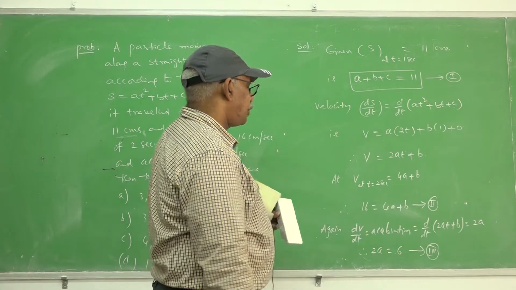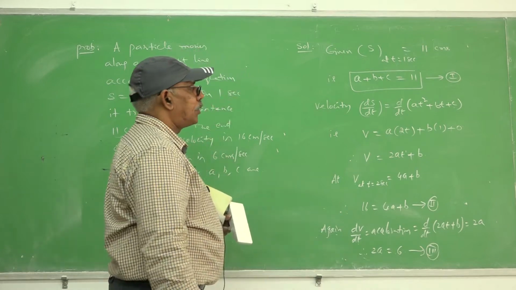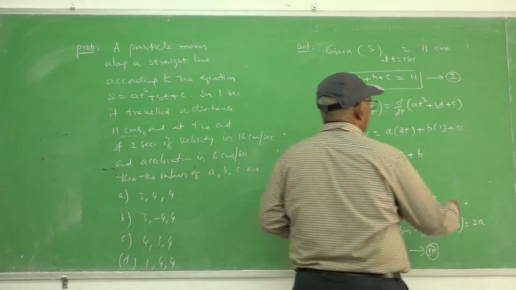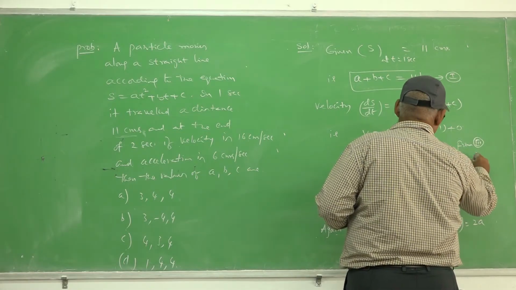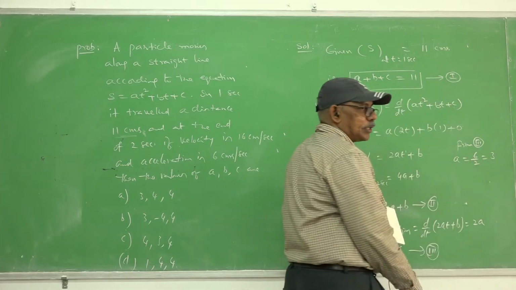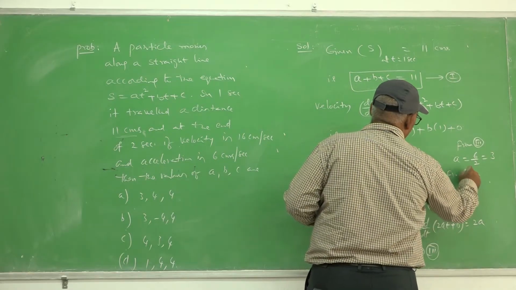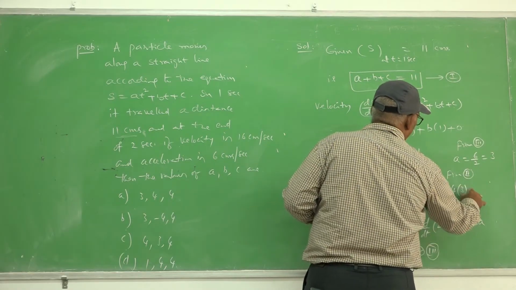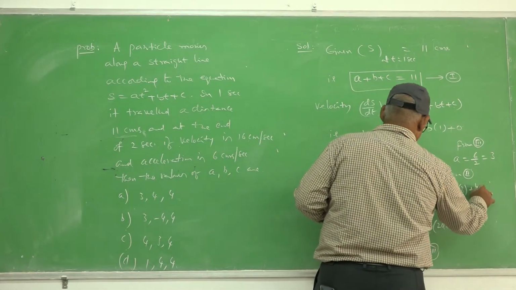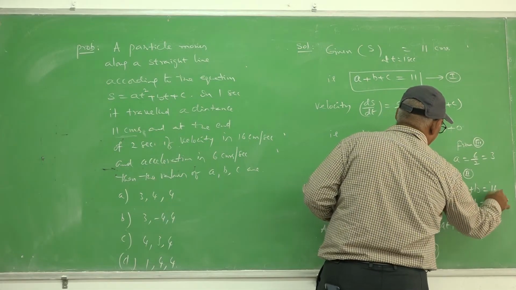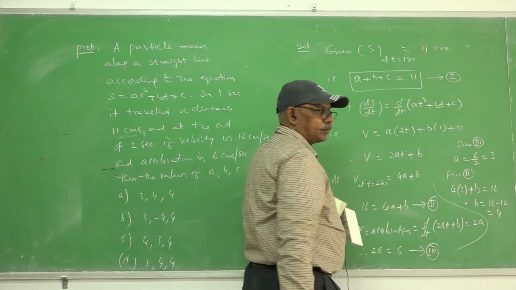So from 1, 2, 3 you have to evaluate A, B, C. Now, from 3, A is clearly 6 by 2, which is 3. The constant A takes the value 3. Now, from 2, 4 into 3, since A equal to 3, I replaced A with 3. So 4 into 3 plus B equal to 16. B takes the value 16 minus 12, which is 4. B takes the value 4.